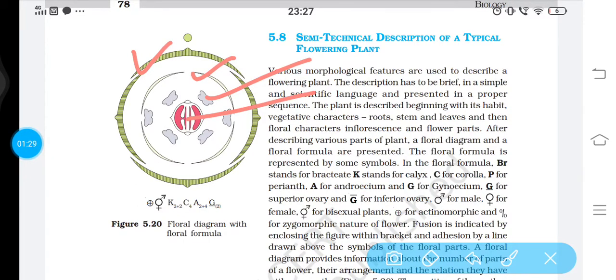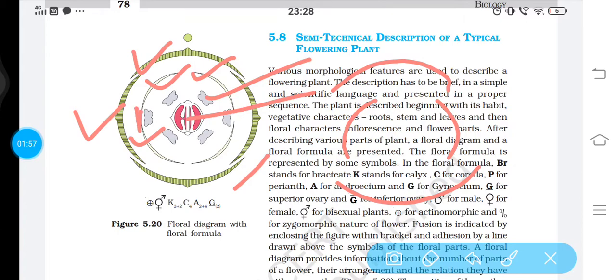When we make the diagram of the calyx, we follow whatever estivation there is in the flower, that is followed here. The same in the case of the corolla also, we follow the same estivation which we have seen in the particular flower of the family or the plant which we are studying. Like here it is represented in this way. The estivation is made that of the calyx, and in the corolla you can see here. The same is with the androecium also.